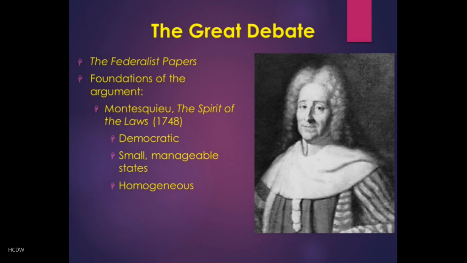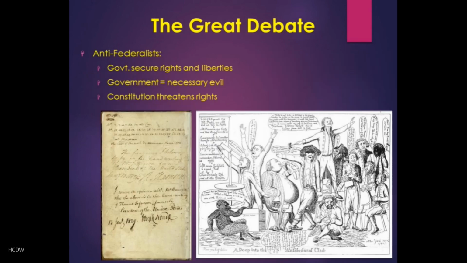He also believed that they must be homogeneous in nature, that all citizens really had to have one guiding light and beacon that they followed. And Montesquieu actually argued they should all have the same religion as well. Montesquieu was influential particularly with the Anti-Federalists. When we think about Anti-Federalist perspectives in the big picture,